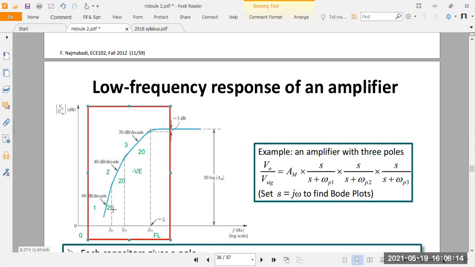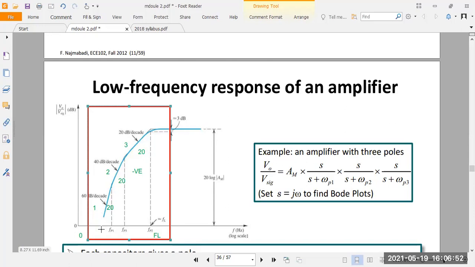We divide the gain falling across the lower frequency response into three stages, and the same applies for the high frequency response also. The first stage is 20 dB per decade, the second is 40 dB per decade, and the third is 60 dB per decade. So each stage has 20 dB per decade. In a decade, that is 10 divisions, you have to take 20 dB. Gain you have to express in dB. So the gain is bending up to 20 dB in each stage: first stage 20, second stage 40, third stage 60.